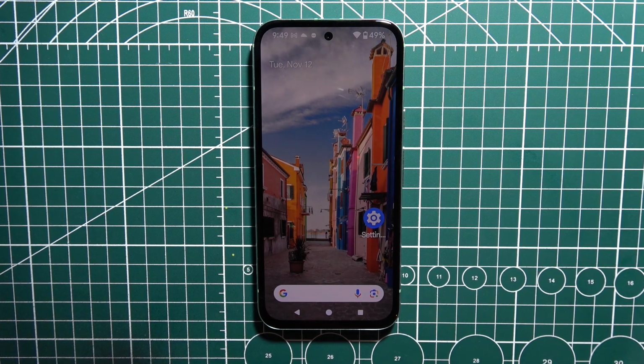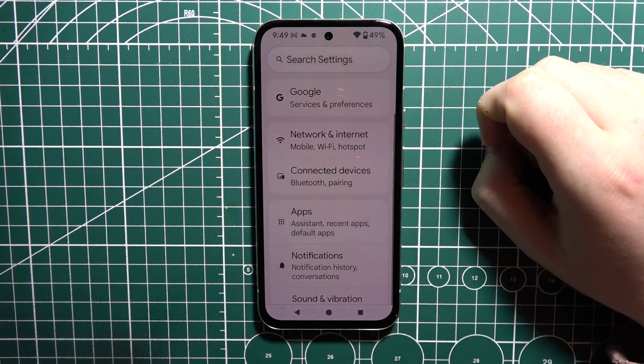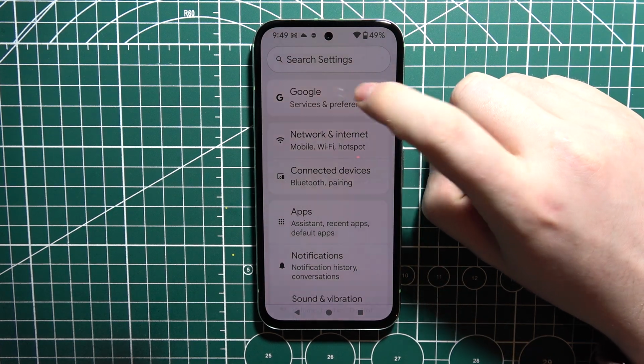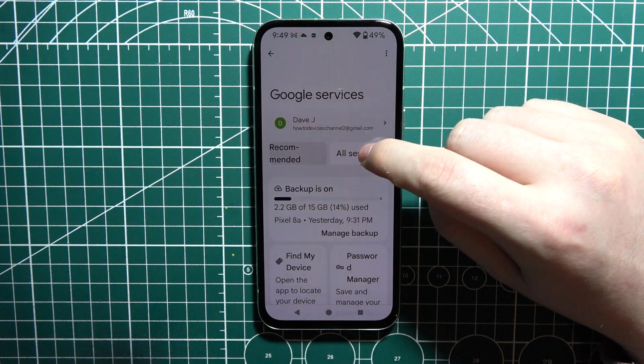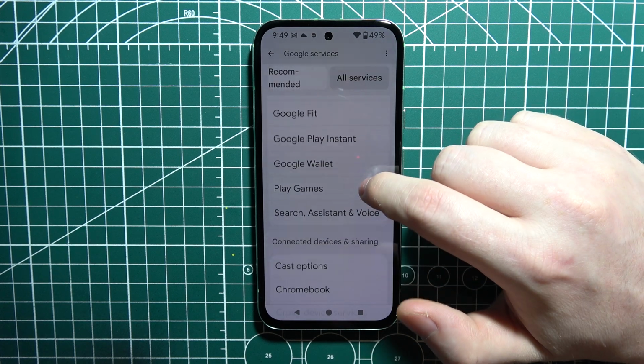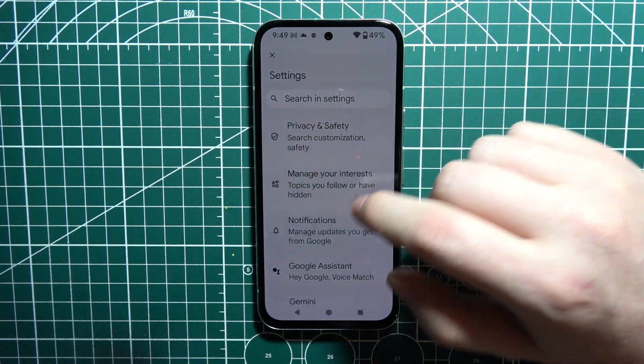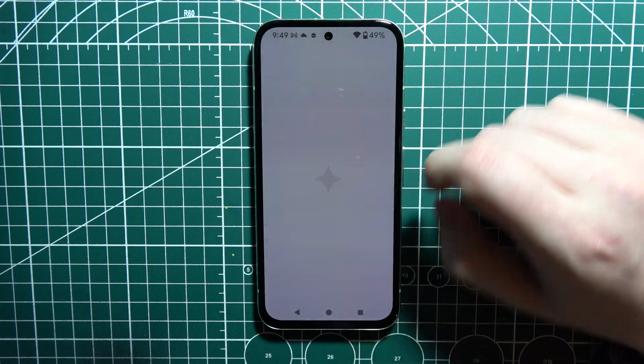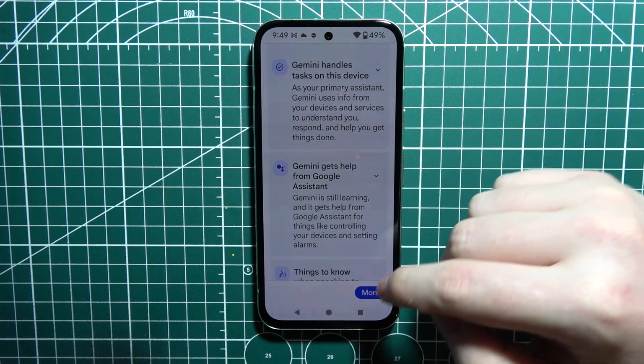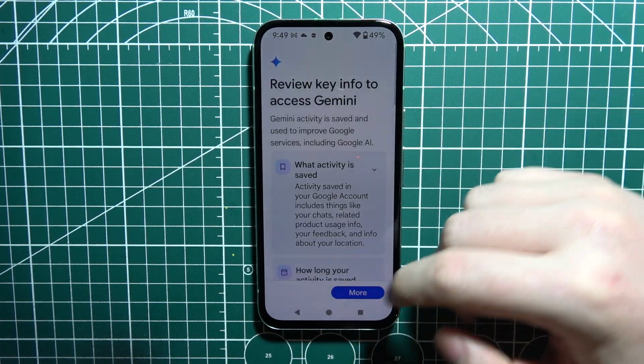To use Google Gemini on a Google Pixel device, first we'll need to open our settings. Navigate to the Google services. Then select all services, scroll down and go for Search and Assistant and Voice. Right here we'll be able to find Gemini, and then we need to click on More, Continue, More,